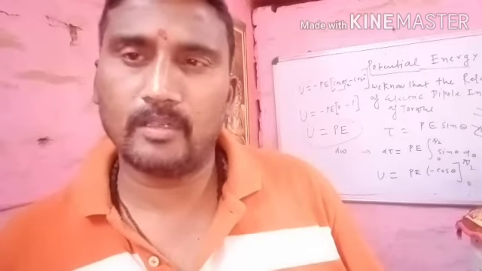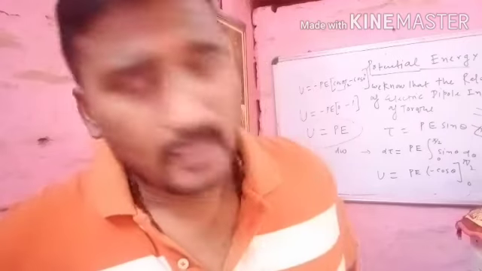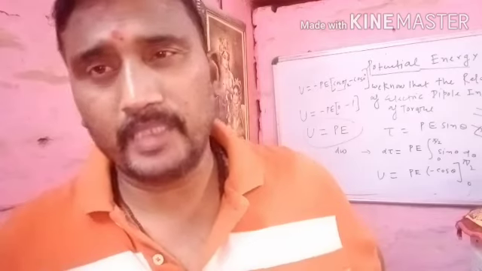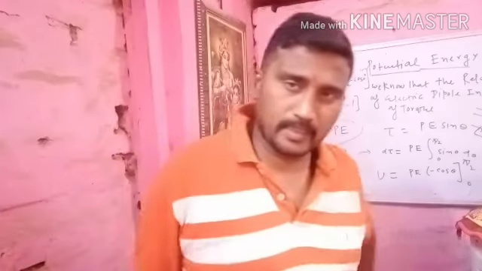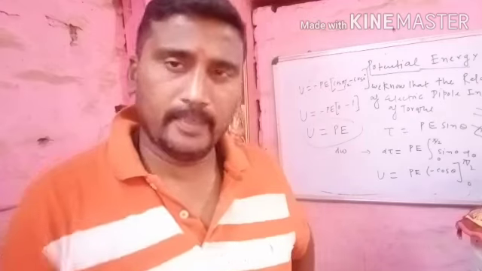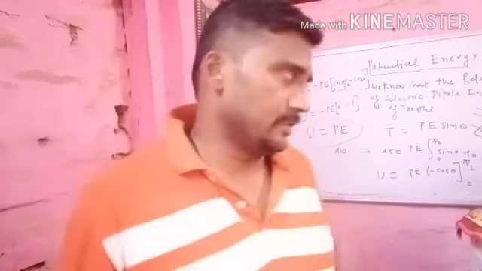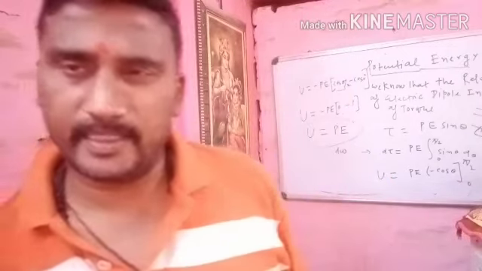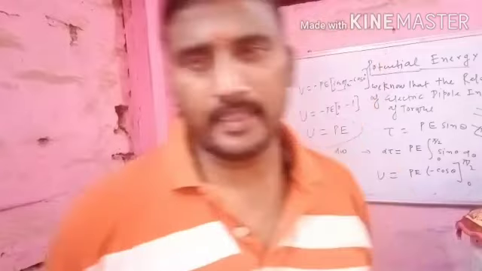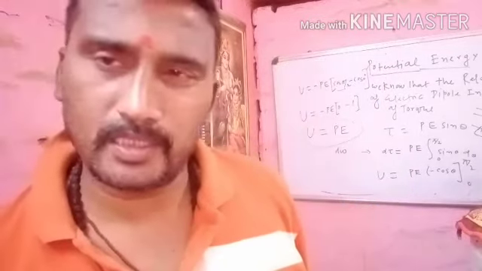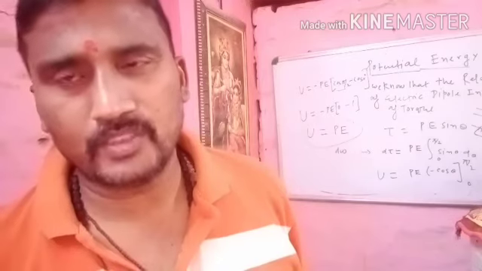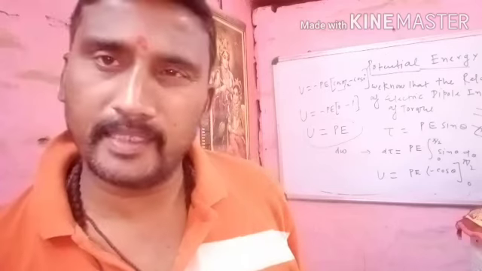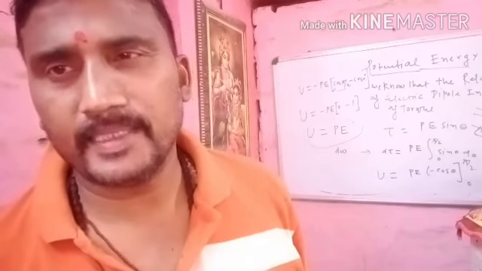We know the relation of electric potential energy in terms of torque, because the torque tau is equal to pE sin theta for the electric dipole in terms of moment of force. Then we take the integration, d tau is equal to pE sin theta. Now sin theta is integrated and we get U is equal to minus pE cos theta. If we check the limits pi by 2 and 0, then the value of U is equal to minus pE cos theta.